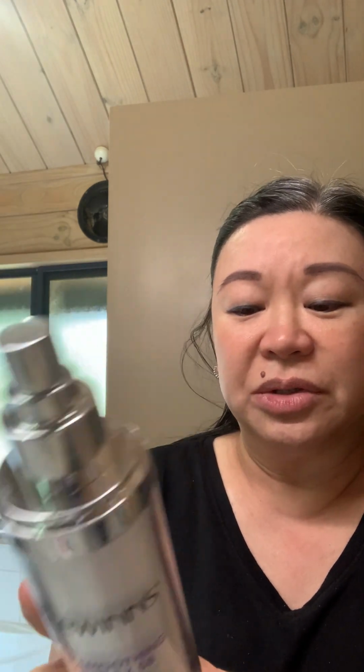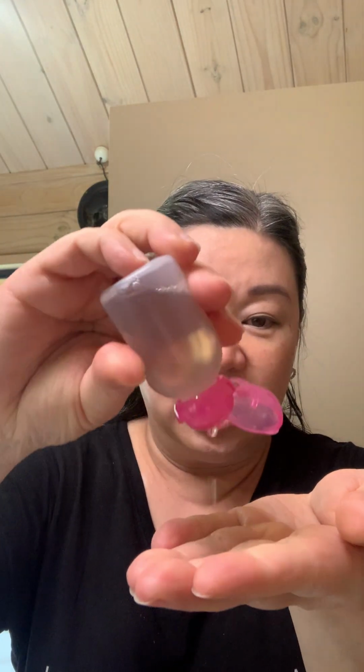Smoothing Complex, and it's got hyaluronic acid, green caviar, a little bit of witch hazel, so it's got a little bit of alcohol, but not a lot. Water, aloe vera leaf, glycerin. So it's very hydrating. It's got a tiny amount of lactic acid in it, which is great because lactic acid is actually very gentle and mild exfoliation. But I mostly use it just to moisten my face and just another layer of hydration, mostly because my face has been very, very dry. And I think it's a combination of